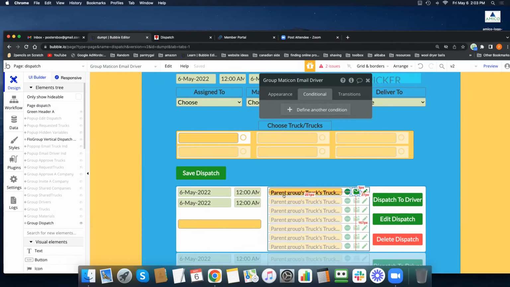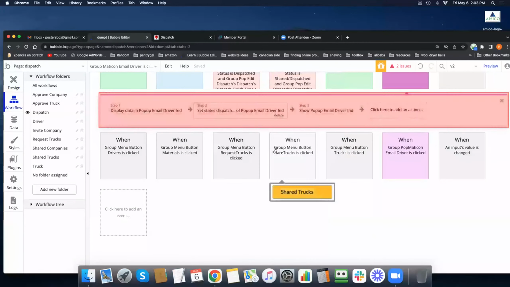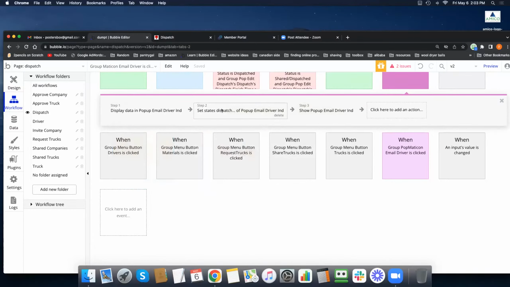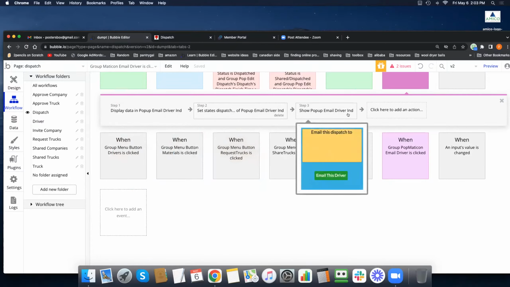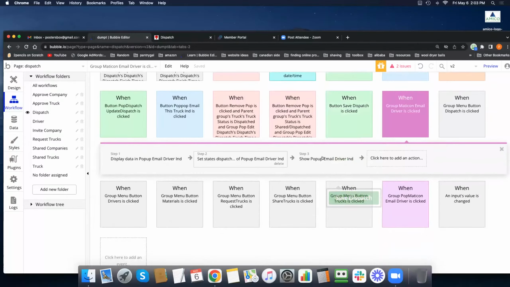Yes. Okay, let's make a workflow out of this. So when someone clicks on it, oh shoot, did I just do that? Do we have a workflow on that? We already do. Yeah, that's what we were just changing. We determined that we can't because we're looking at the repeating group of the trucks. So we need to be looking at the